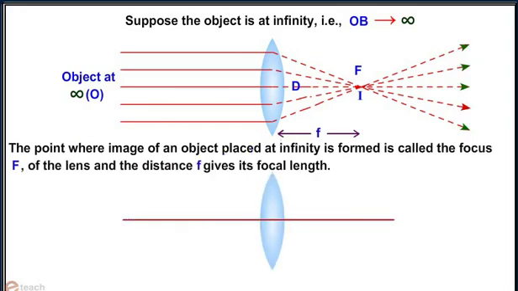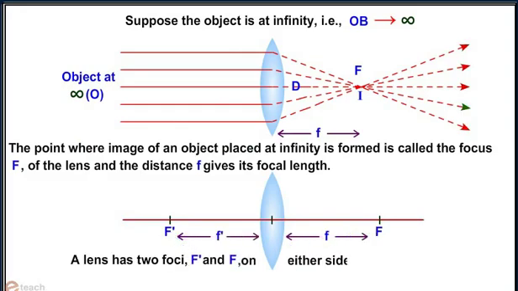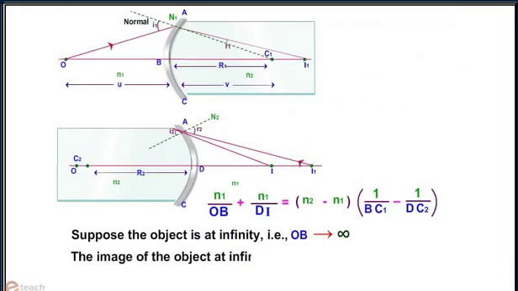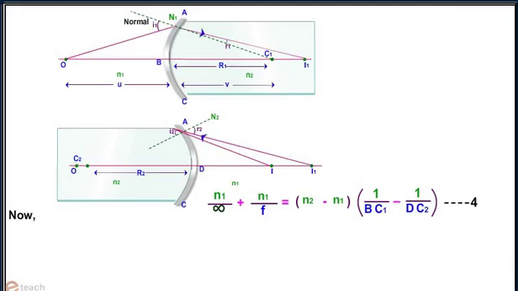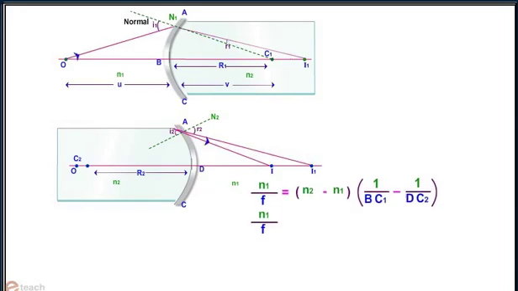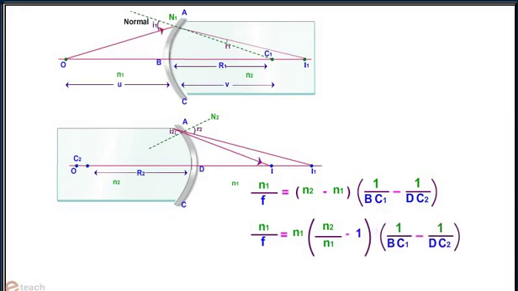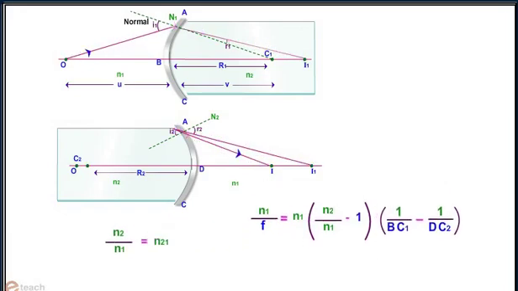Suppose the object is at infinity, that is, OB tends to infinity. Then the image of the object at infinity falls at the focus, DI tending to F. N1 by infinity plus N1 by F equals N2 minus N1 into 1 by BC1 minus 1 by DC2. This implies N1 by F equals N1 whole into N2 by N1 minus N1 into 1 by BC1 minus 1 by DC2,